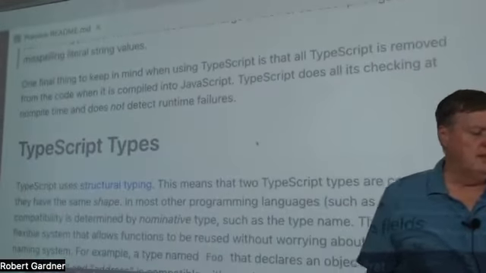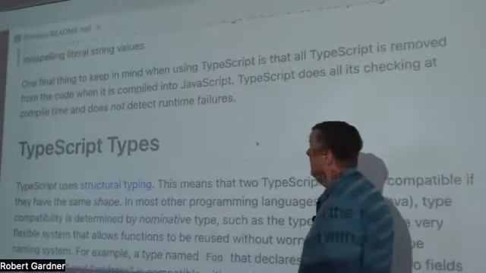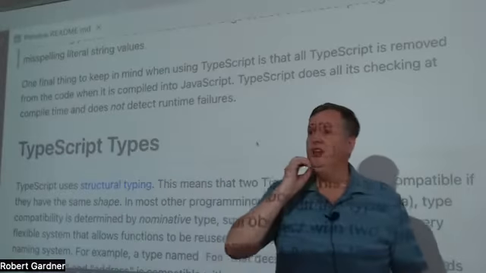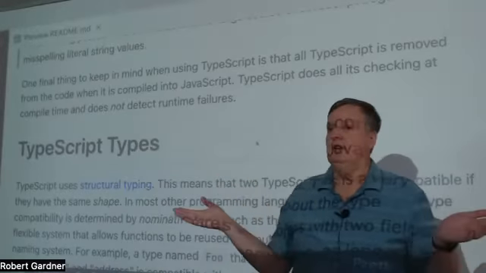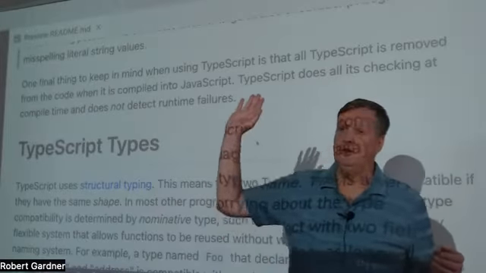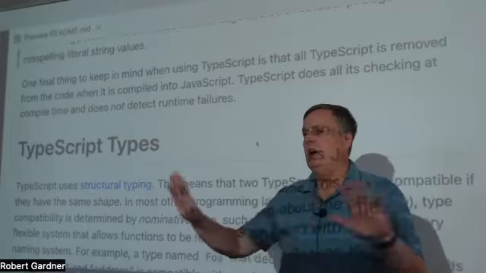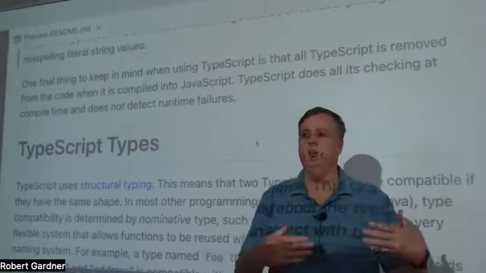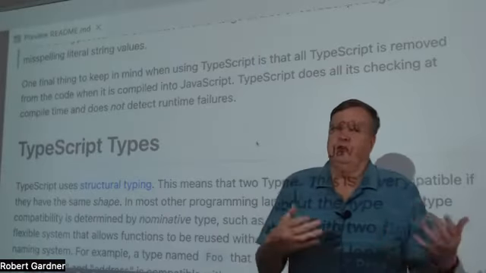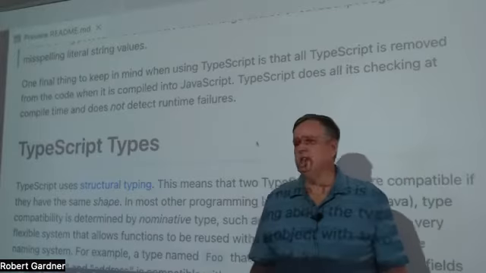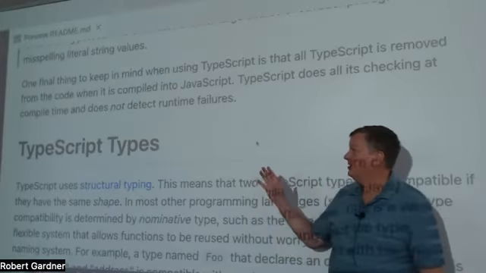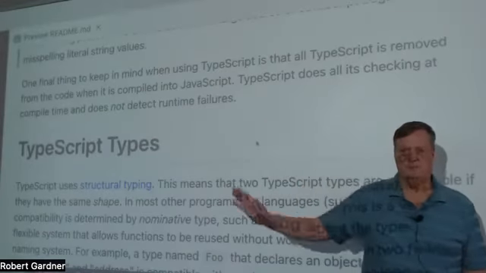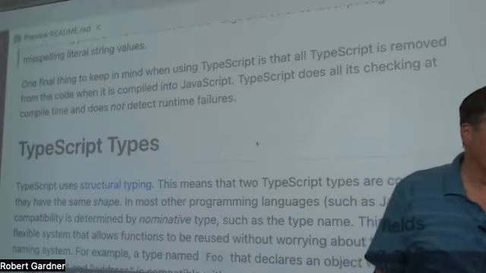All right. I guess I did forget to mention this one. When TypeScript compiles its TypeScript down to JavaScript, does JavaScript have types? No. So when TypeScript is done with its compilation, all the typing is removed. So it doesn't show up anywhere in the code. So when you're actually running that JavaScript, there's no type information. It doesn't know. It's just the normal JavaScript engine. So that's important to keep in mind in some cases, because you need to remember that when it's running, all your typing information that was there at compile time is gone. So that's just the way it works.